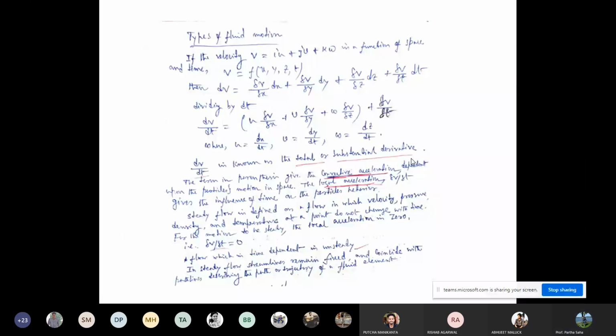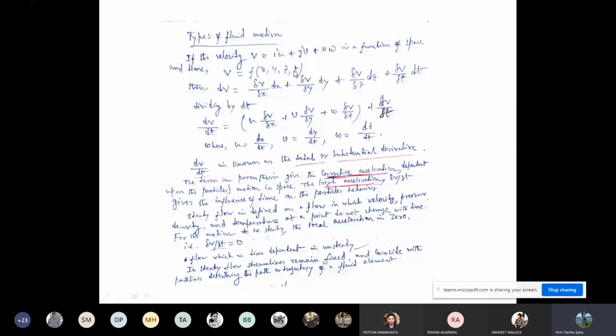Now, let us talk about fluid types of various fluid motions. Generally, velocity profile is given in the three dimensions x, y, and z axis, as a function of u, v, and w of space and time. So if in space the velocity is u, v, w, the distances are x, y, z, and the time is t, then the velocity is actually a function of space and time, or distance and time.